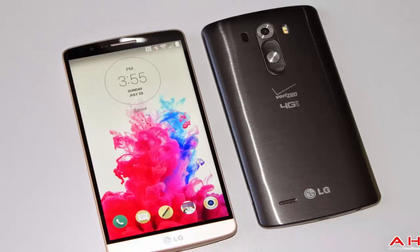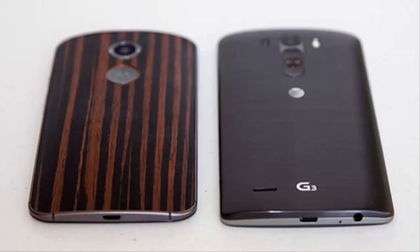Coming to the display, there's the IPS crowd and the AMOLED lovers, and thus there's no empirical winner. The LG G3 is one of the first phones with a 2K resolution, 2560x1440 IPS display, and it's indeed wickedly sharp. In fact, the pixel density on both phones is so high that the unaided eye probably could not see the difference. The 2014 Moto X has a